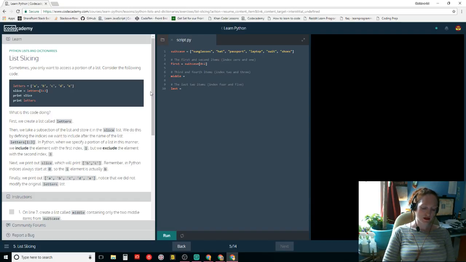And defining a slice from a list. We include the element with the first index and exclude the element with the second index.